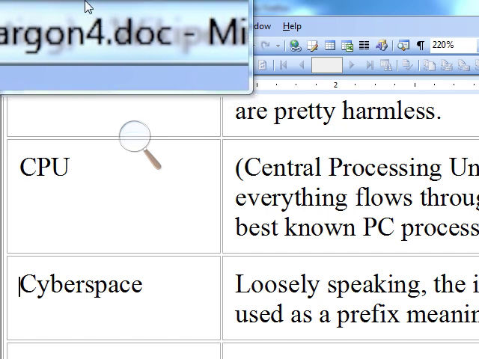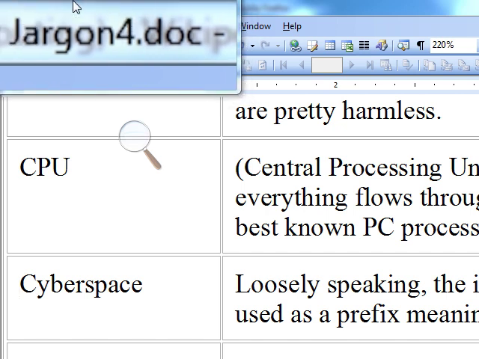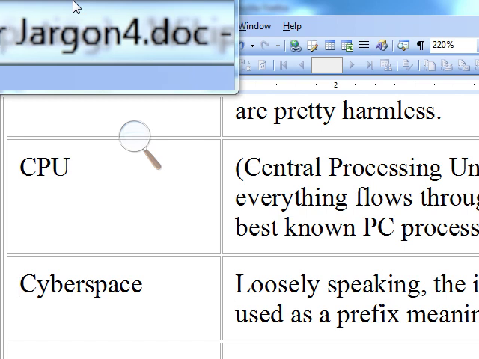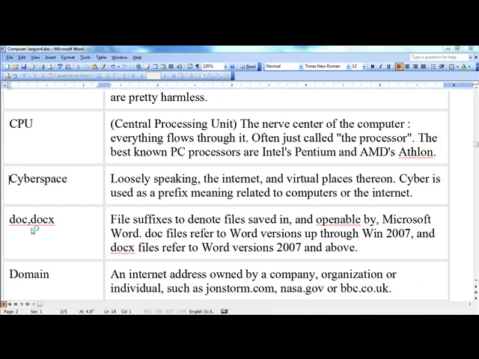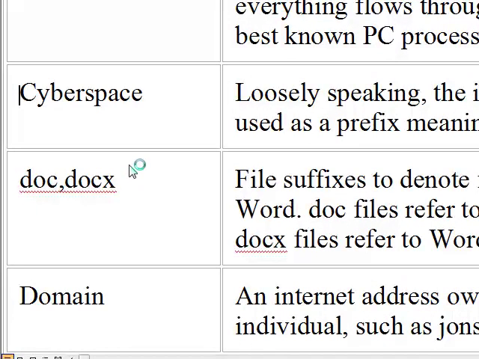The .doc in that name says that this is a Microsoft Word document produced in a version of Microsoft Word earlier than 2007. A DOCX after the file name means that it was produced in a version of Word 2007 or later.